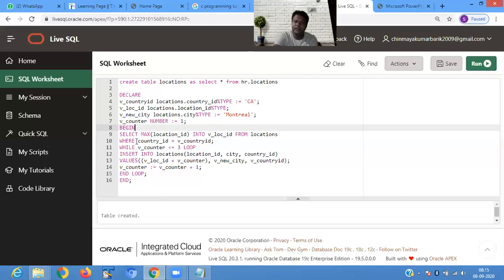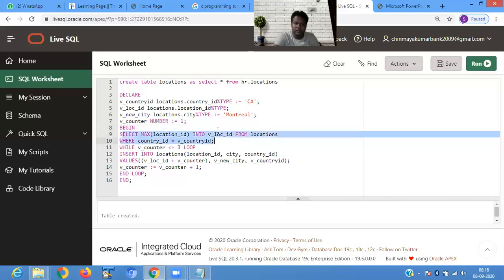Then we retrieve: select maximum location_id into v_location_id from hr.locations where country_id equals CA. So first of all, we retrieve the maximum location ID.